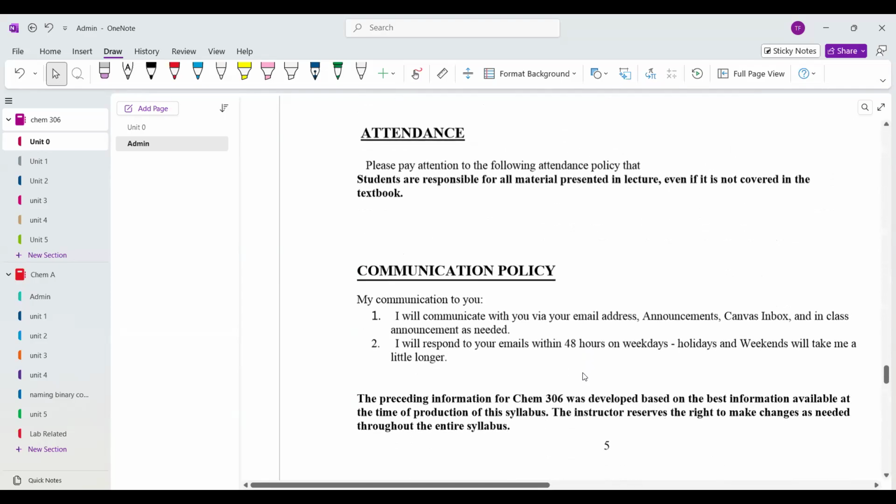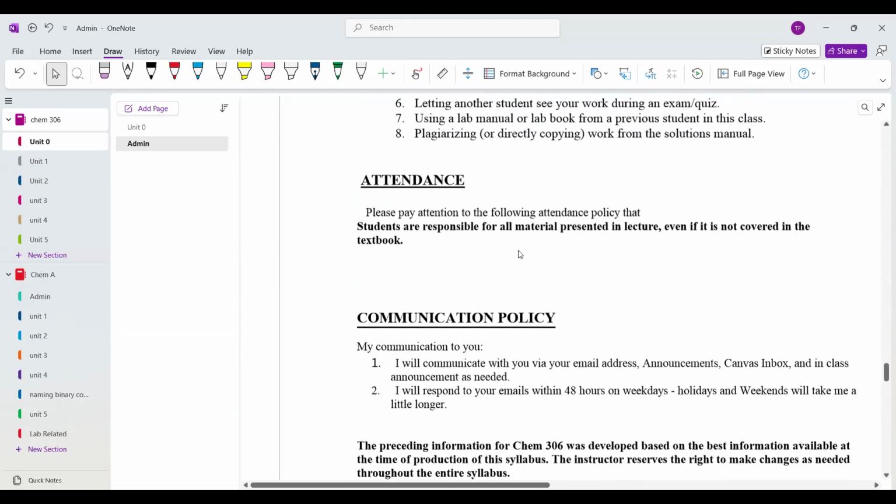Okay, now attendance. I don't take attendance because this is not a middle school class. It's a college class. And attendance is optional, except for tests and wet labs. Those are the only times I require your attendance. And so it's a big deal if you miss either one of those. But as far as lectures go, you may do everything via videos. I don't think it's as effective, but you can do everything via videos.